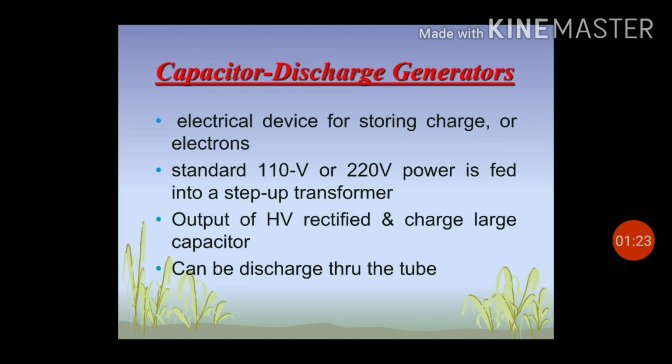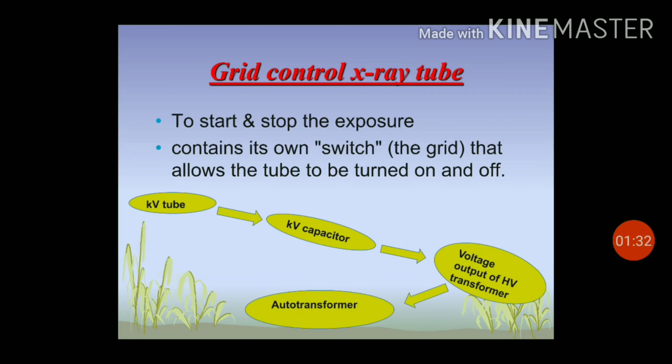Once the capacitor is charged, it can be discharged through the X-ray tube. This type of unit uses a grid controlled X-ray tube to start and stop the exposure. A grid controlled X-ray tube contains its own switch, called the grid, that allows the tube to be turned on and off. As you can see in this diagram, the kV